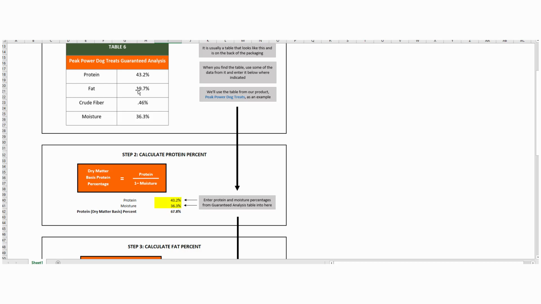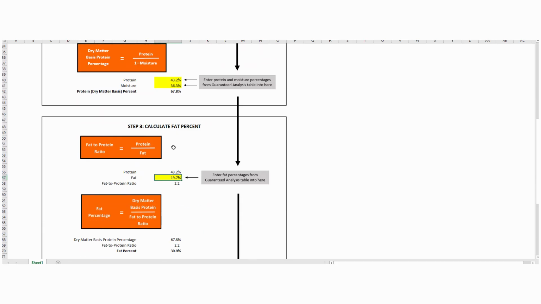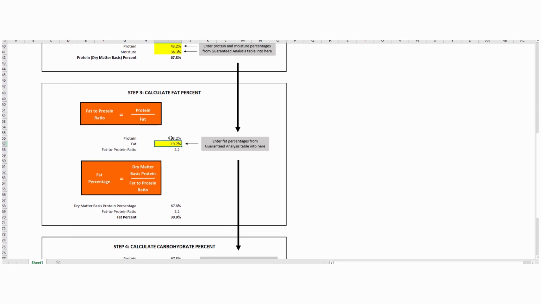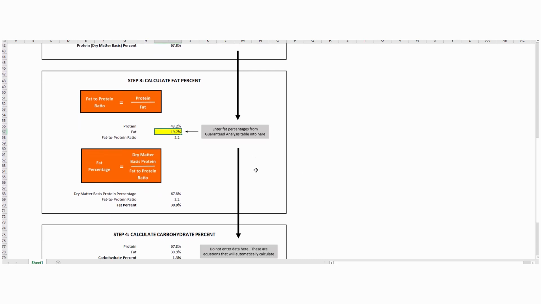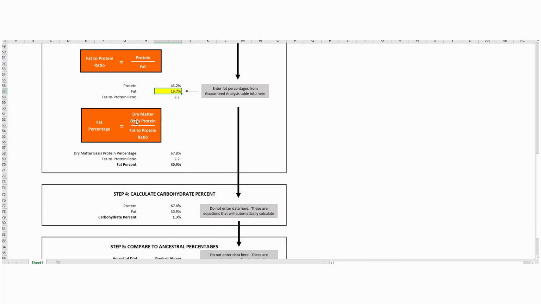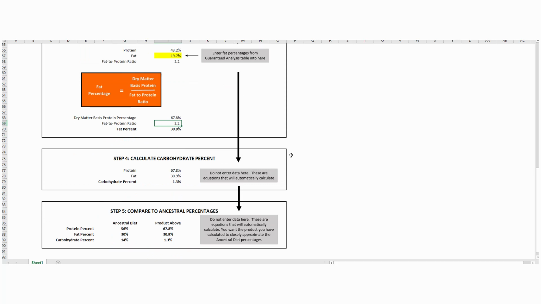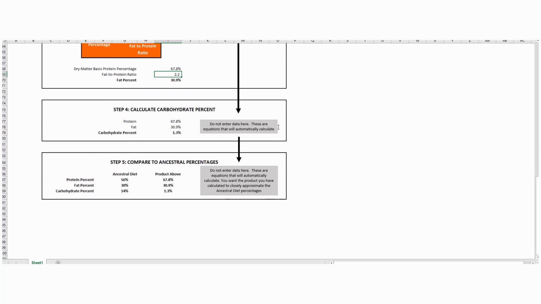In this case, our fat is 19.7%, and we enter it down here. This is a cell in yellow, and then it will automatically compute the equations that we need. There's nothing in this block that we need to do. Again, these are in white. Those are equations. So next, really, what this worksheet does is it calculates these two banks down here. Essentially, what we really want to look at is step 5,